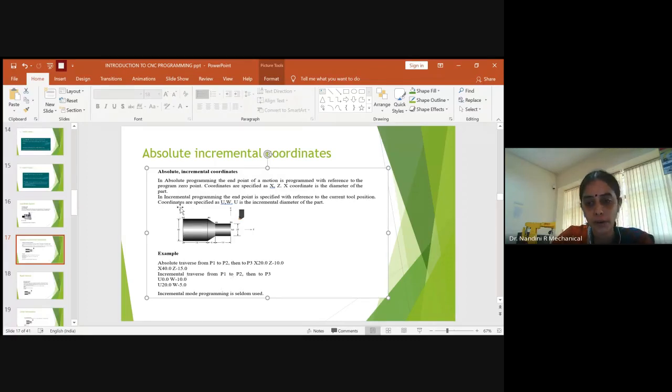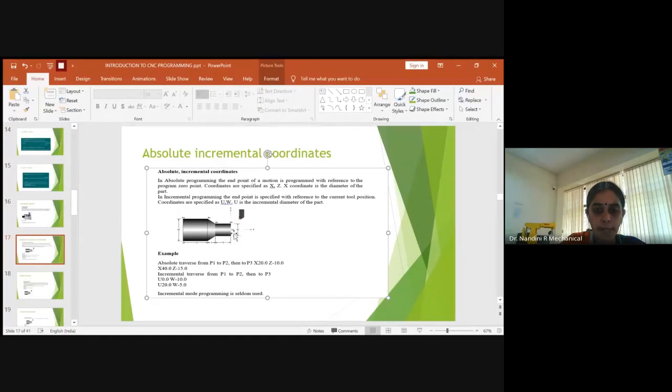So for this incremental coordinate, we use the coordinate system specified for the diameter as U and W. So U is the incremental diameter of the part. So you will use the increment. First it was 0, 0. So from 0, 0, you are providing an increment to 20. Okay, so if you need 20, here you need to have a traverse work direction of 10, right?